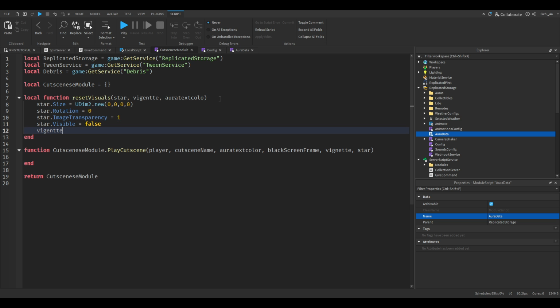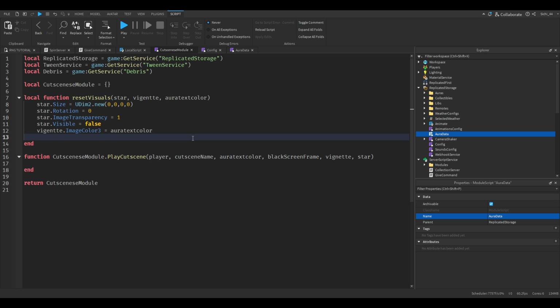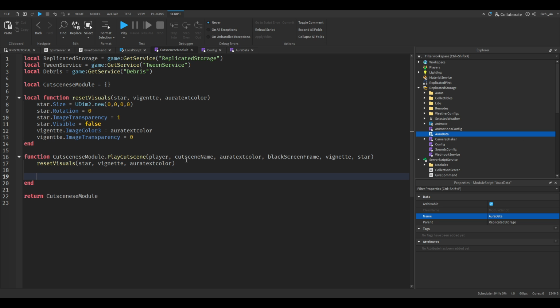and then vignette, and then the imageColor3 equal to rTextColor. I missed an R there. And then .imageTransparency is equal to 0. Then we want to firstly reset visuals for the star, the vignette, and the aura text color. So yeah, and then that's actually where we check